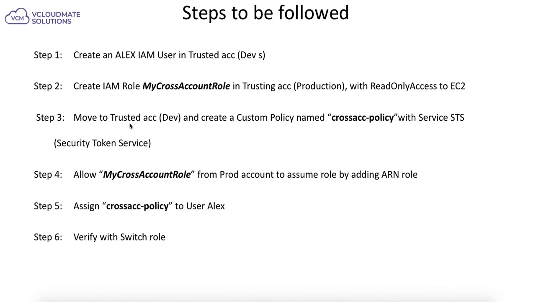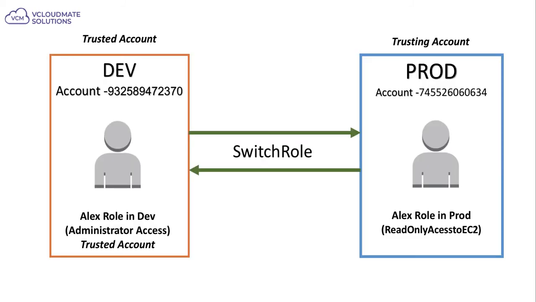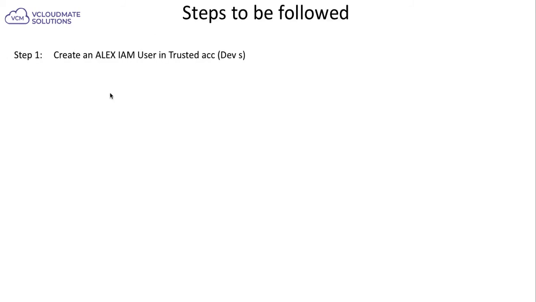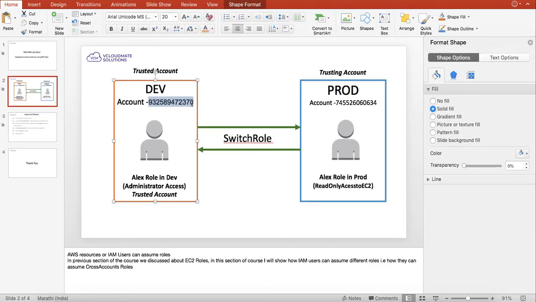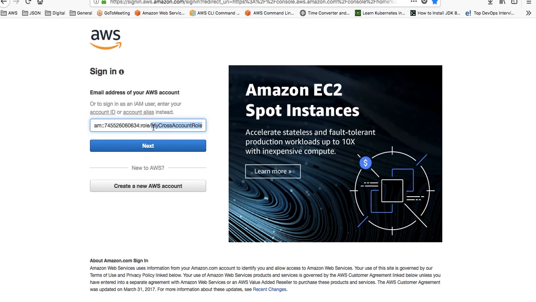Just let me get the account ID first. Sorry guys, so let me just get the first account ID. The account ID is something like this. So let me copy the account ID and let me highlight that. Okay,